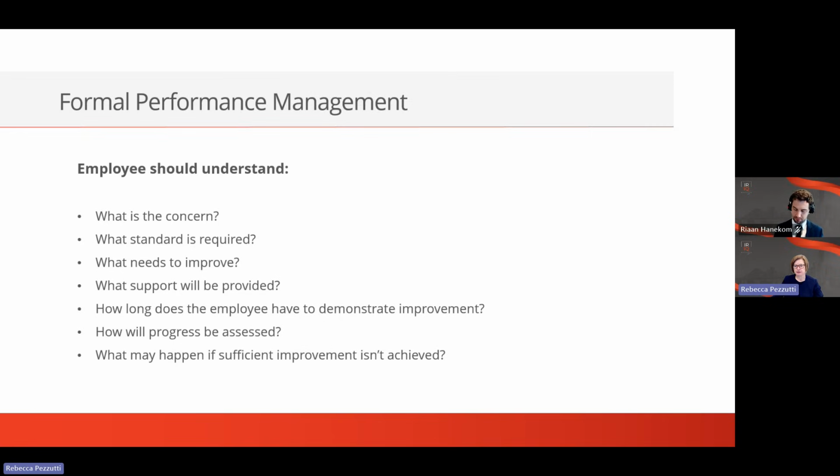Importantly, it should be specific and measurable. For example, rather than say, improve your customer service, it will say, respond to customer inquiries within 1 business day and maintain the standard throughout the 6-week review period. In those circumstances, the employee clearly understands the expectation and the manager has an objective measurement to review that. Review meetings remain an important part of a performance improvement process or a formal management process.